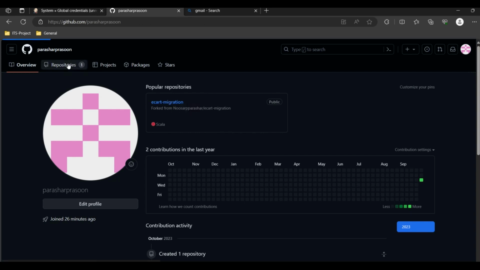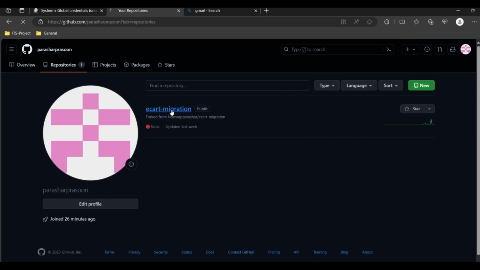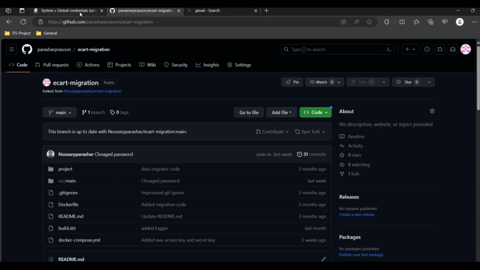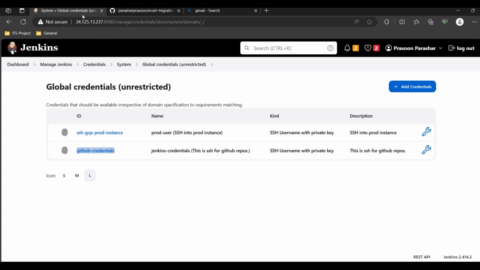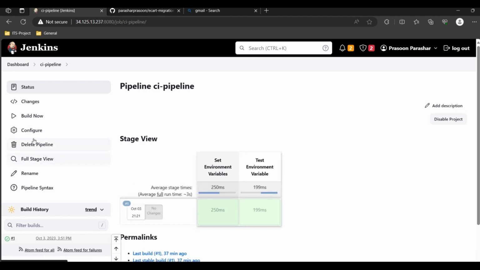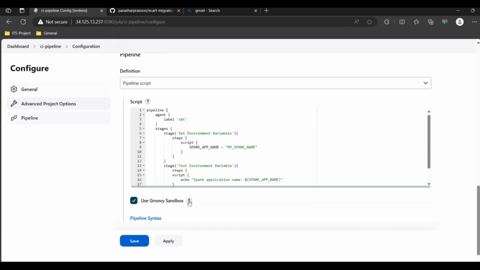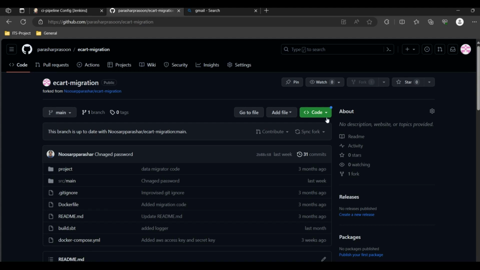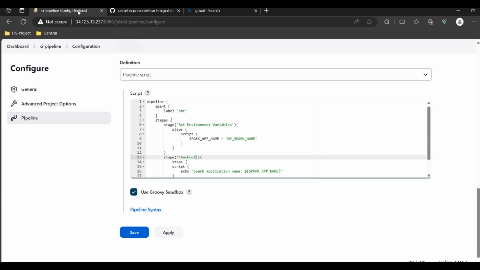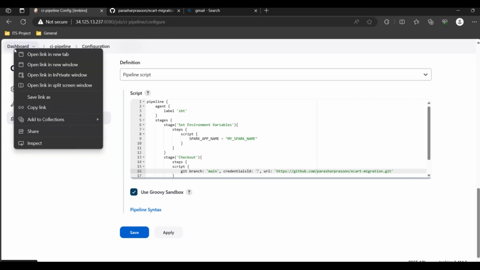Now open your GitHub repository. This is what we're going to be using in our Jenkins job. Go to your pipeline job. Click configure. Let's edit the stage as checkout. Go to GitHub and copy HTTPS URL of your repo and put it in the URL section like this. Here we have git branch as main and URL as repository URL, and for credentials ID,